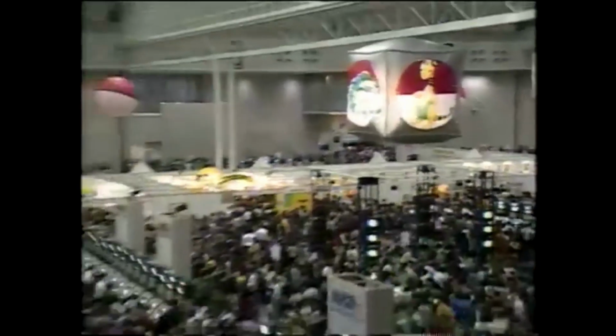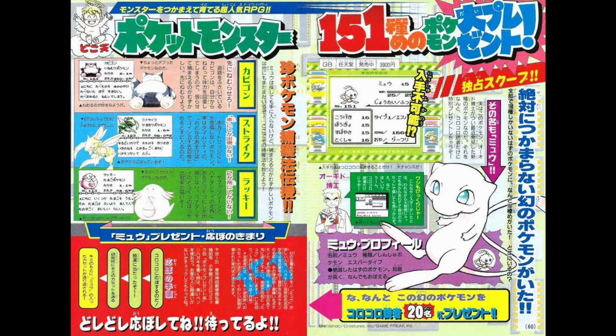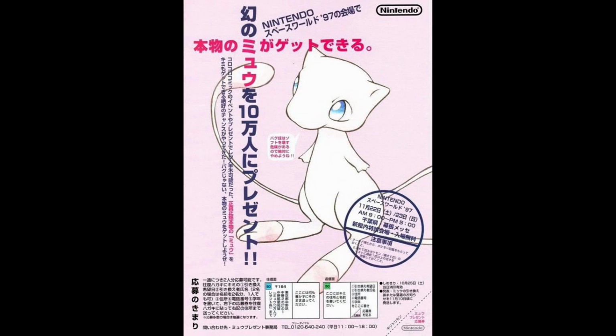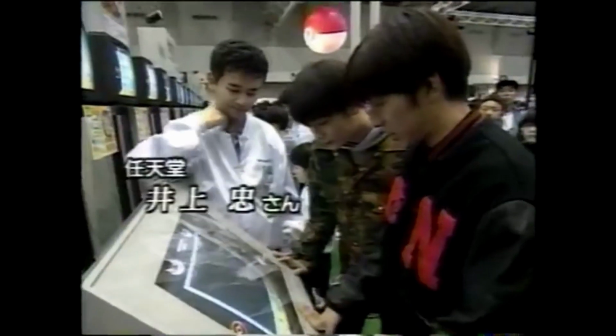At Space World 97, the 5th ever Mew event was happening. The first 4 were mail-in events, which makes Space World 97 the first in-person Mew event of all time. But just like the previous 4, you had to mail in an entry, hoping that you were one of the 100,000 winners. This event was by far the most abundant of the Mew events, with the previous 4 ranging from